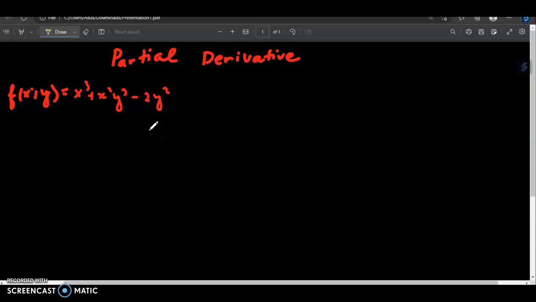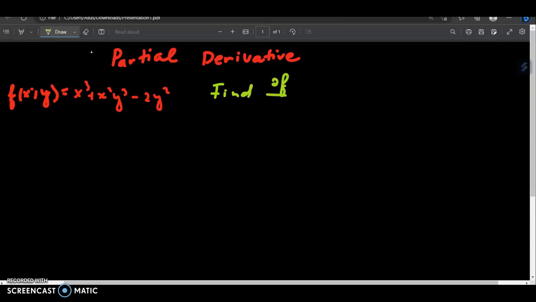So, hello everyone. Today we have the topic called partial derivative. The first formula which we're going to talk about is a partial derivative of function f(x, y). They have given x cubed plus x squared y cubed minus 2y squared. And we are asked to find